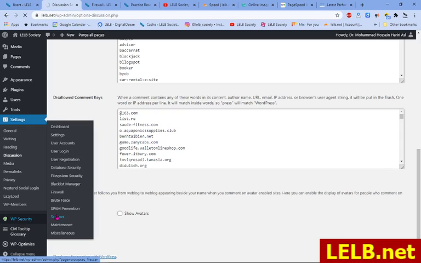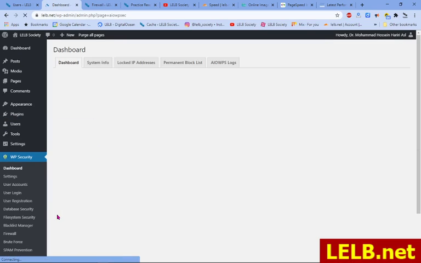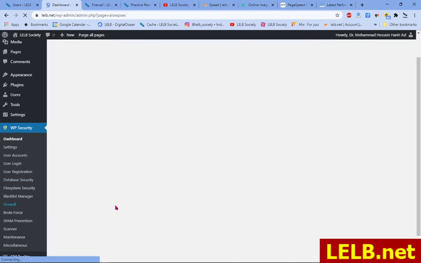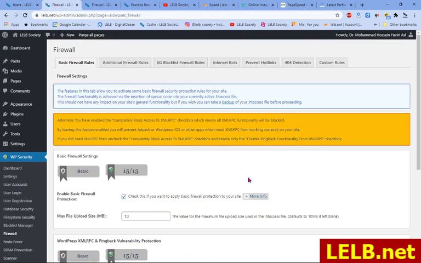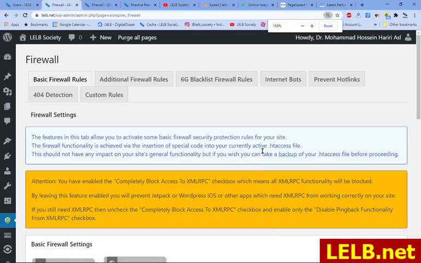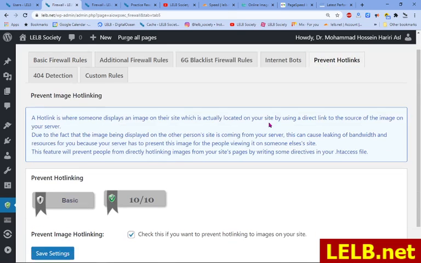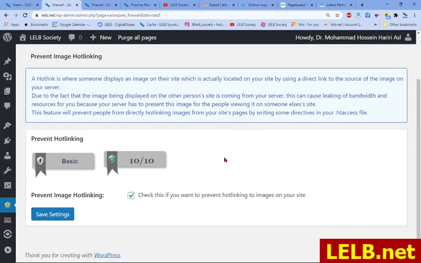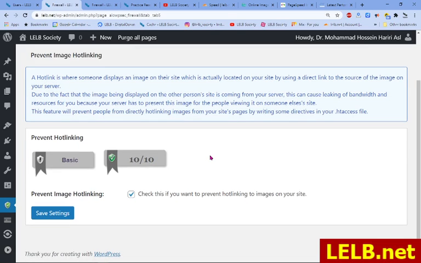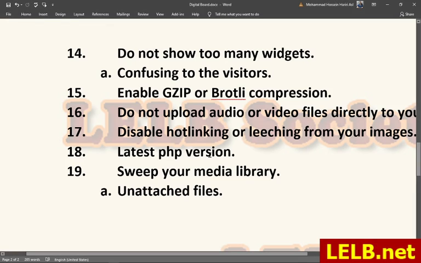If you just go to the firewall tab and prevent hot links, go to prevent hot links, and as you can see, it has already been enabled and activated, which is so important. Okay, and also use the latest PHP version,